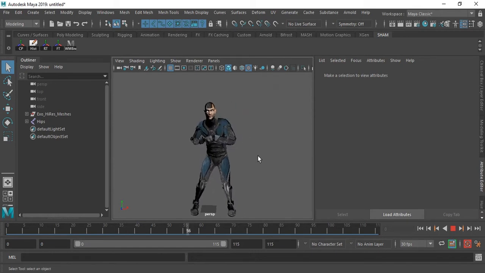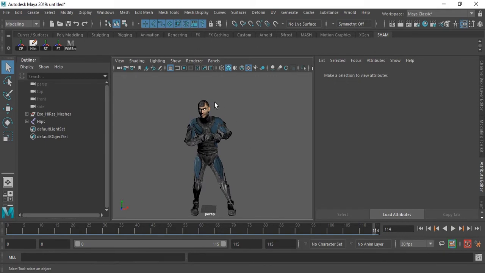Now I brought the animation inside Maya. What I'm going to do is I'm going to export this particular animation as an animation clip using Tracks Editor.